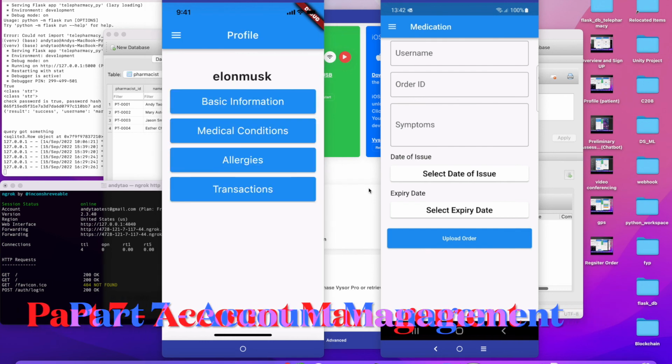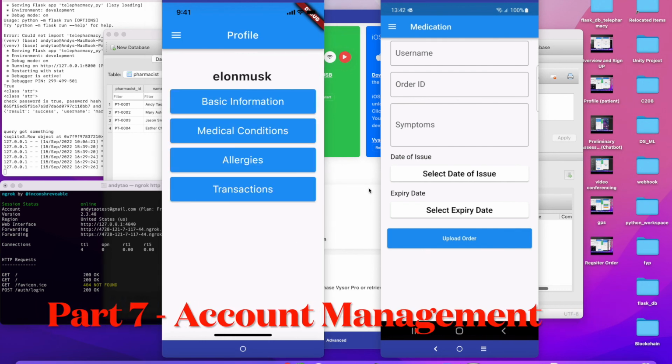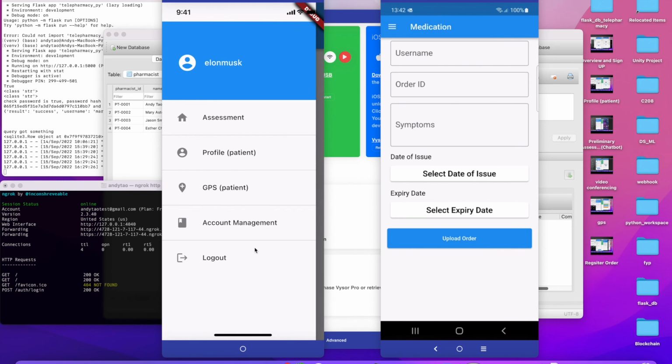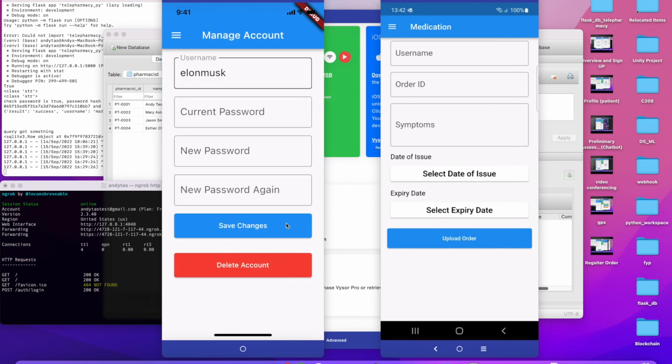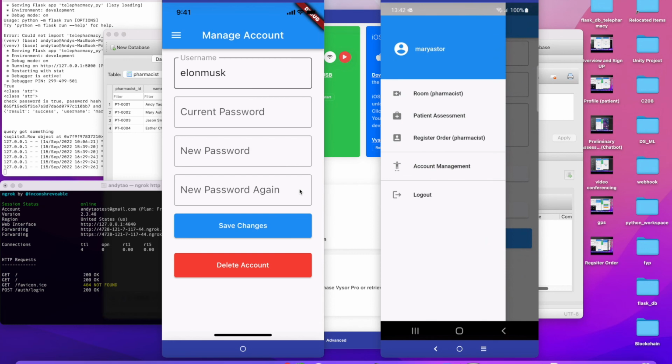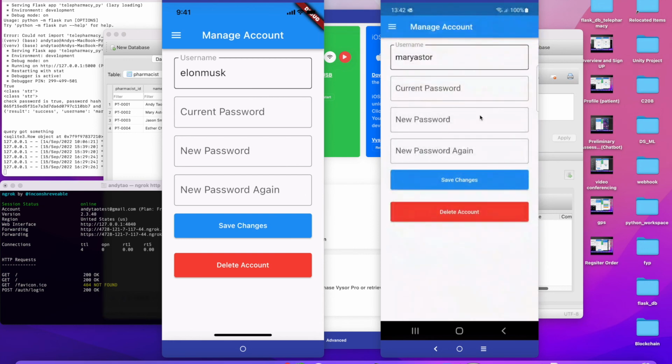Lastly, the account management function, where you can change your password or delete account. Okay, so this is for the patient. It also applies to the pharmacist as well, so it's the same function. All right, so that's all for this